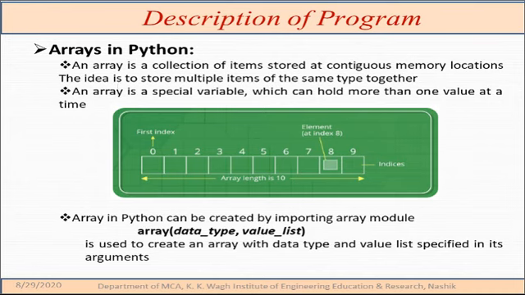If you see on the screen, I have pictorially represented that in a single array we may add a number of elements. The array always starts from zero, which we call the first index, whereas how many elements we add determines the size of the array. The length of the array is shown here as 10.